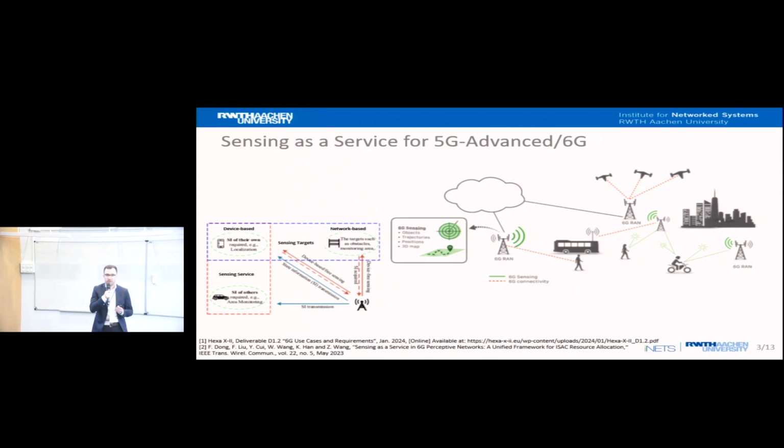Another aspect that has been explored and researched is device-based sensing, where, through scheduling services, the network can request state information that comes from sensor inputs already available at the end consumer devices. Our cell phones consist not only of cellular capabilities, but also GPS positioning sensors and different types of sensors. At some point, in some use cases, the network will be able to request this state information, get it back, and use it in a smarter way to enhance certain things.